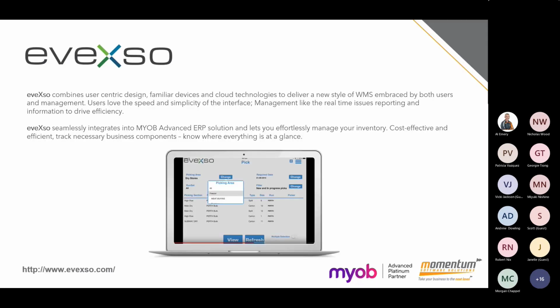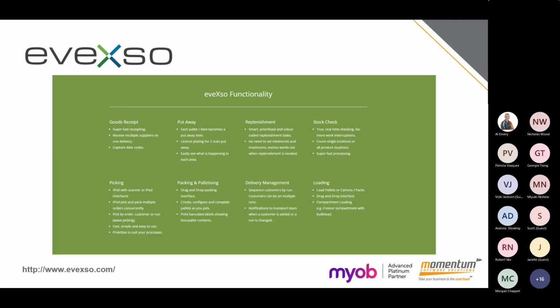Next cab off the rank is Evexo. Again, some of you may already be using Evexo or have heard of it. Evexo is part of your warehouse management systems, WMS. Warehouse management allows you to have your picking and packing, receiving, dispatch, put away, putting into pallets, putting into boxes, linking back to your freight companies, all through handheld devices, and it makes the stock dispatch area so much more efficient.